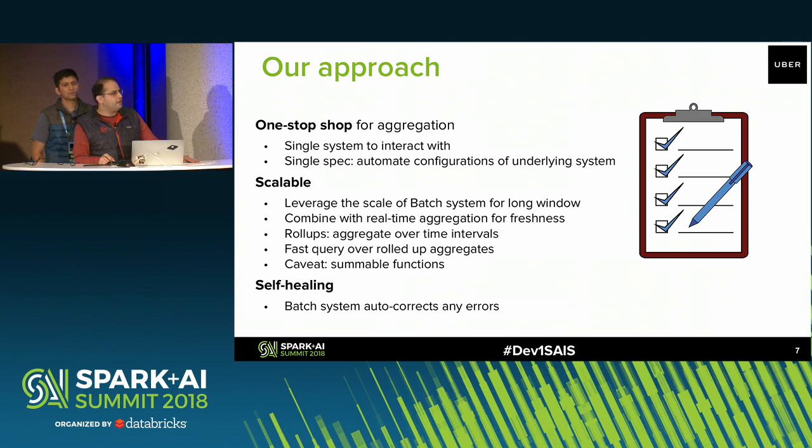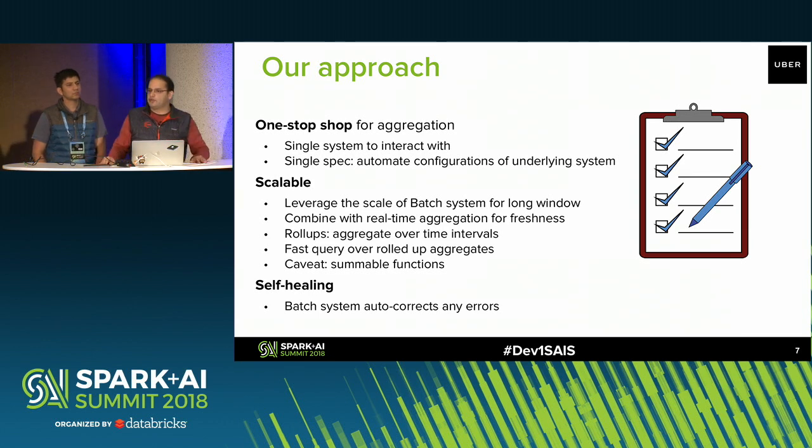The caveat here, of course, is that we use summable functions. So things like sum, of course, and average, count, min, max. But whenever non-summable functions are needed, like percentile or count distinct, we plan to support the non-summable approximate counterparts of those functions. The way we achieved self-healing